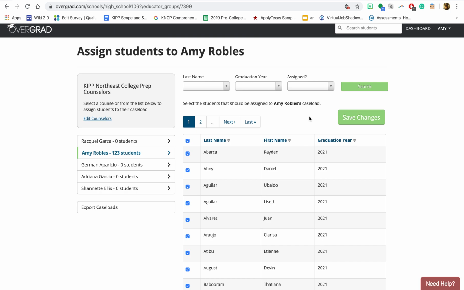But if you are in a school where you need to split up your caseload between more than one counselor, you can do that as well. So I'm going to assign a caseload to Raquel just to test it. Since she's going to take over my students next year anyways, these kids also belong to her. So what I'm going to do is assign them to her caseload. So I click on her name,